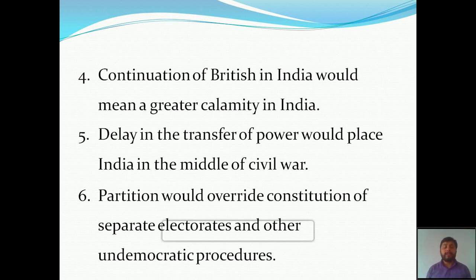So once they agree to the demands of the people to divide the country into two on the basis of religion, it will be upholding India's true nature to support the feeling of the people on the basis of religion. So these were the 6 different reasons which forced the Indian National Congress to accept the Mountbatten plan.